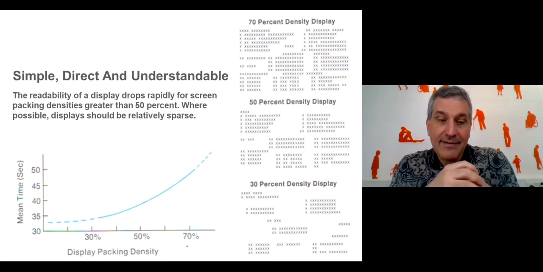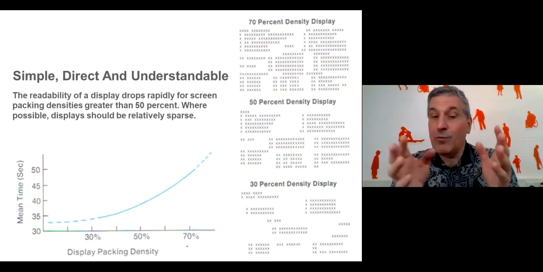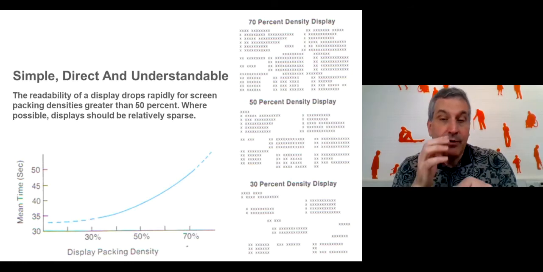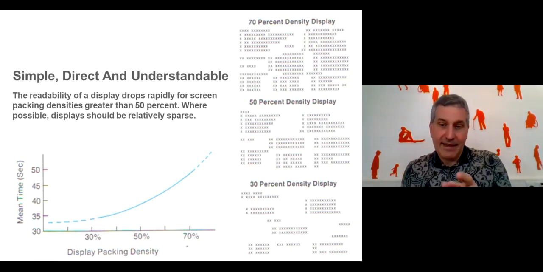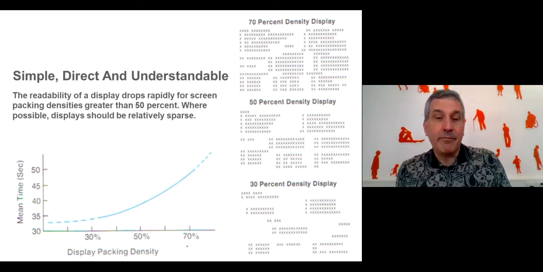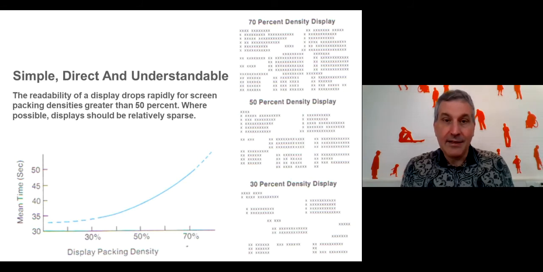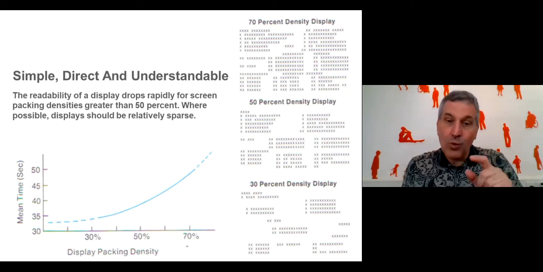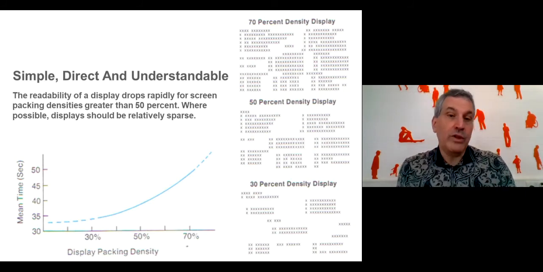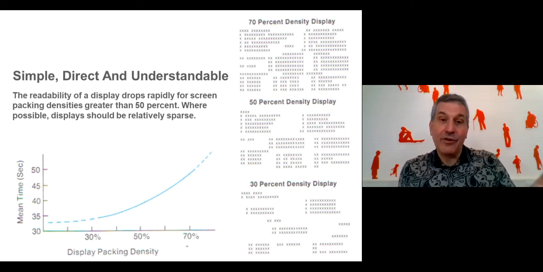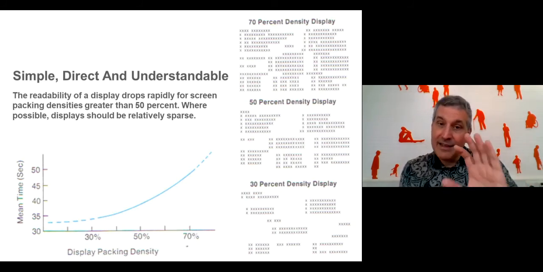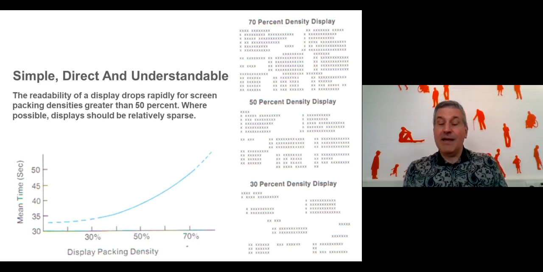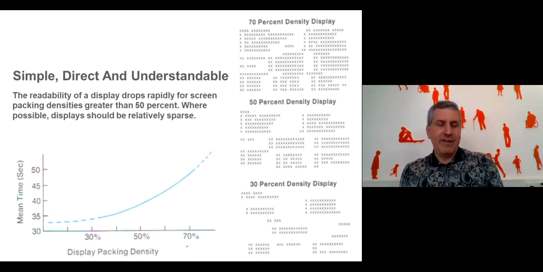The x-axis is that packing density, and on the y-axis there's the mean time to find some relevant item from within that. So if we had a test where we present one of these screens, and instead of those X's there were some words or pictures or numbers on the screen, and we said, do you see the word cat amongst the many words on the screen? The y-axis here is the amount of time it would take to find it and say yes or no, there is the word cat or there isn't the word cat on the screen at the moment. And as you can see, the amount of time goes dramatically, exponentially up after we get to about 40-50% packing